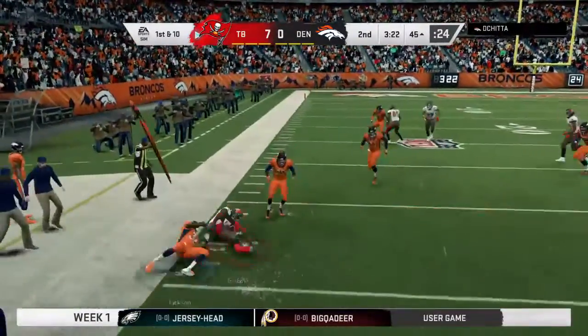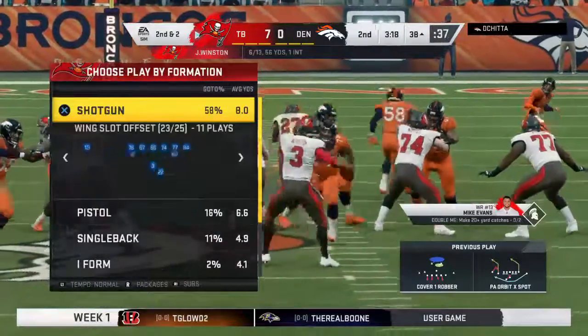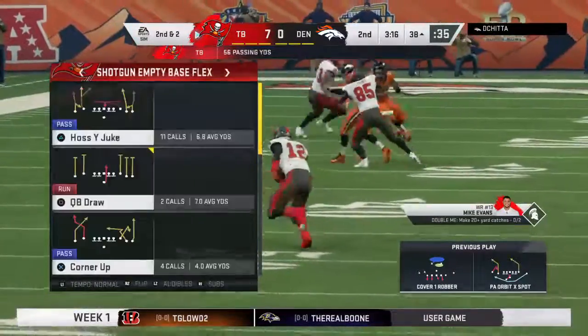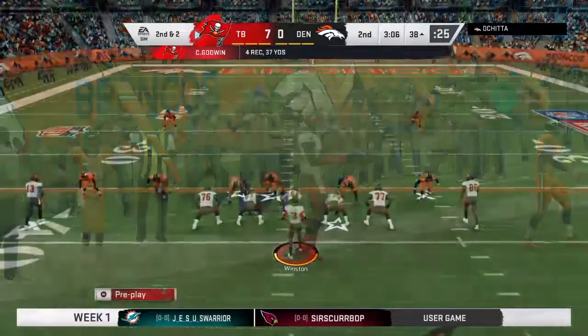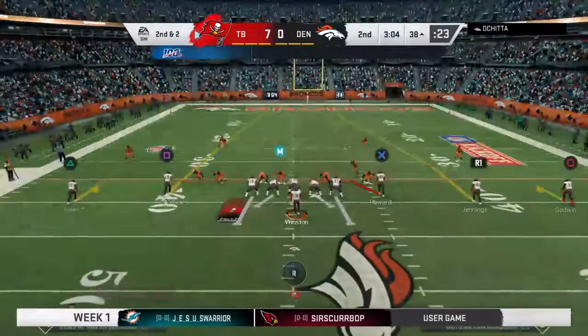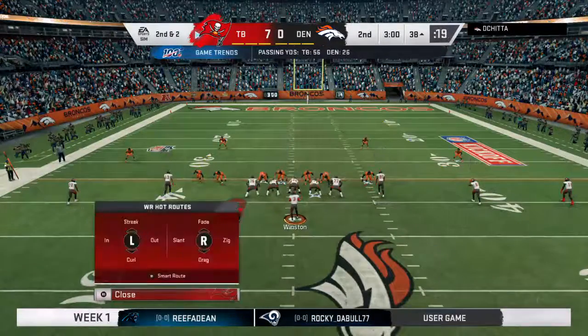That's complete to his receiver, Godwin. And the stop here will come at the 38-yard line. A good pickup there. 8 yards on the first down completion. Facing a 2nd and 2 after that last catch, good for 8 yards. Screen from the